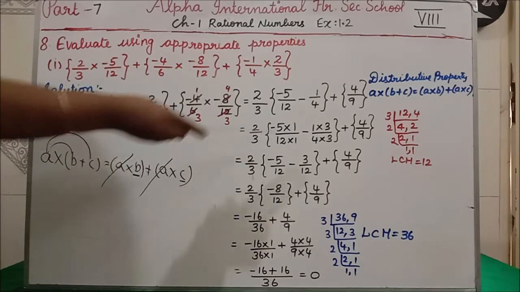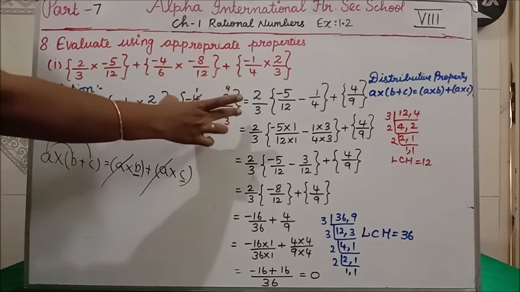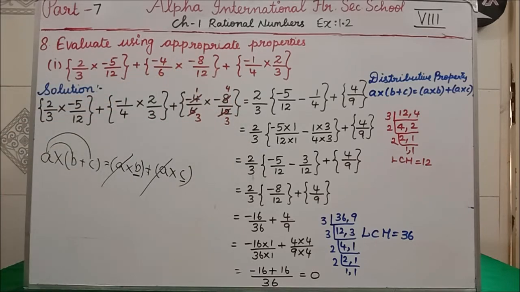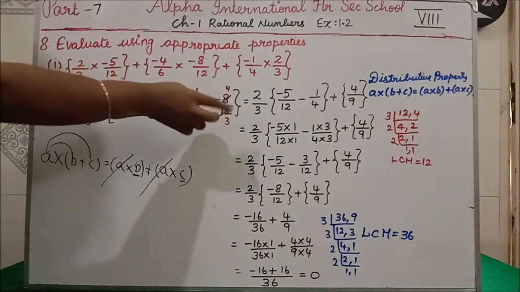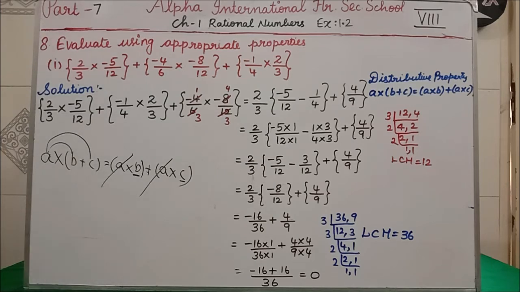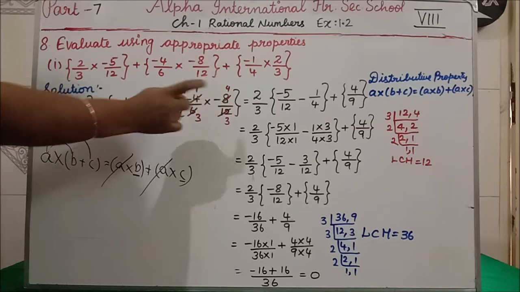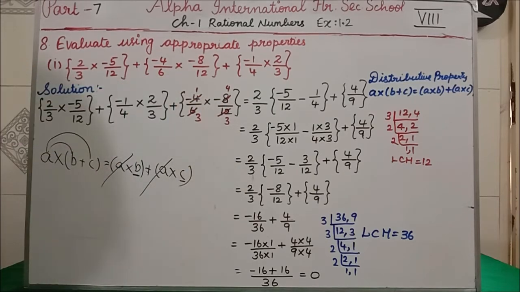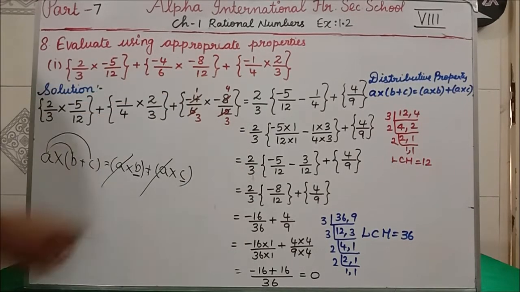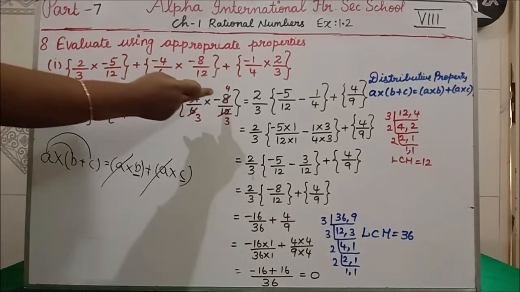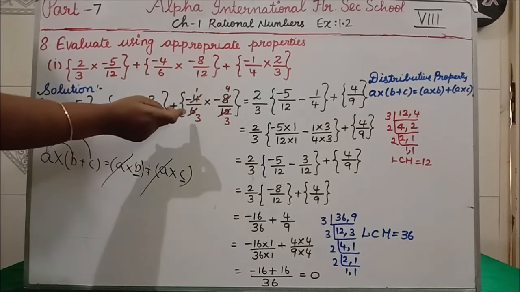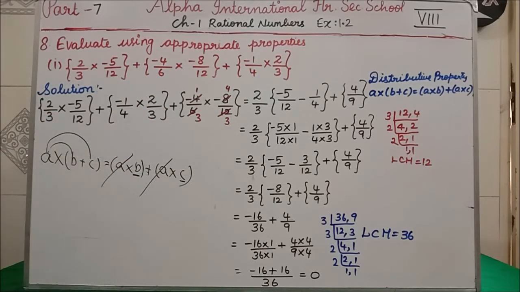I have written in the bracket. Then now we come to the third term. See, 4 by 6 into 8 by 12 we are having, isn't it? Now what I am going to do is I am cancelling 4 and 12 in 4 table. This will come one time, this will come 3 times. Similarly, I am cancelling 8 and 6 in 2 table. In 2 table 8 4 times, in 2 table 6 3 times. Clear all of you? Now afterwards what we are getting?